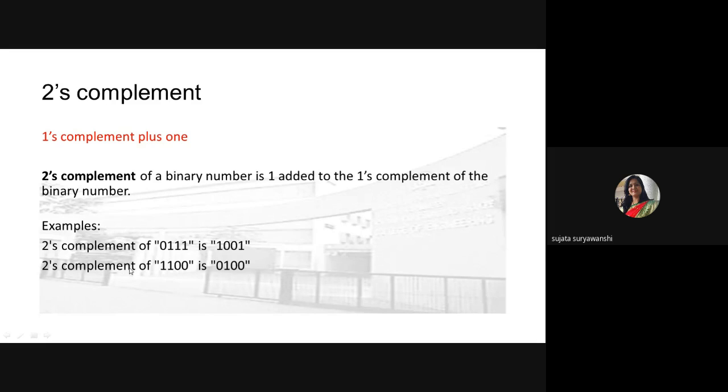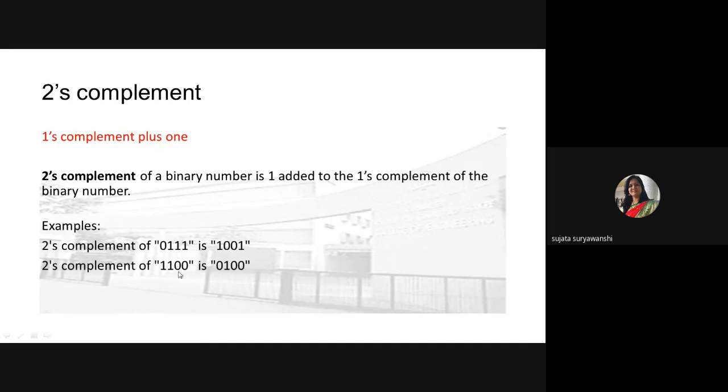Now we'll see one more example, that is 1100. To get the 2's complement using the direct method, you just have to start with the LSB bit and write down all zeros as they are. I have written both zeros as they are, and I have not altered them. Then write down the first one, and after that, whatever the string is, you simply have to alter all the bits from 1 to 0 and 0 to 1 to get the equivalent 2's complement. Understood or not?